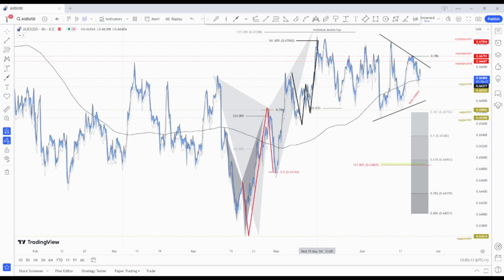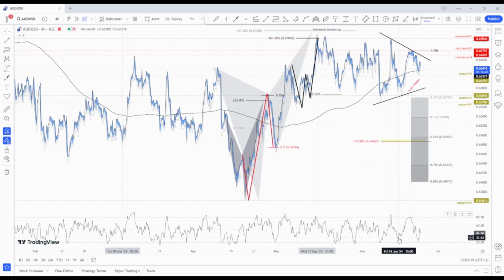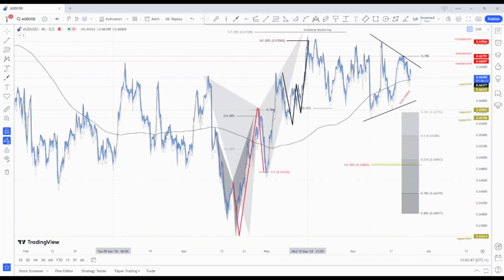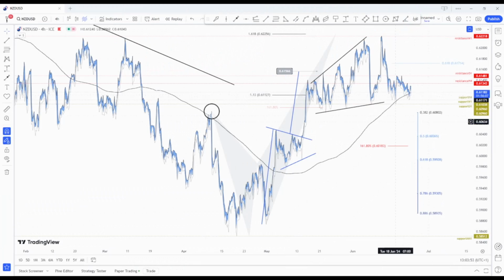Before going further, we have signs of bullish hidden divergence, and it looks like we are forming a triangle. So we are in the middle of this consolidation triangle. However, we have an intraday range between 66.69 as resistance, of course, and 66.25 as support for the Aussie. Then we have the Kiwi